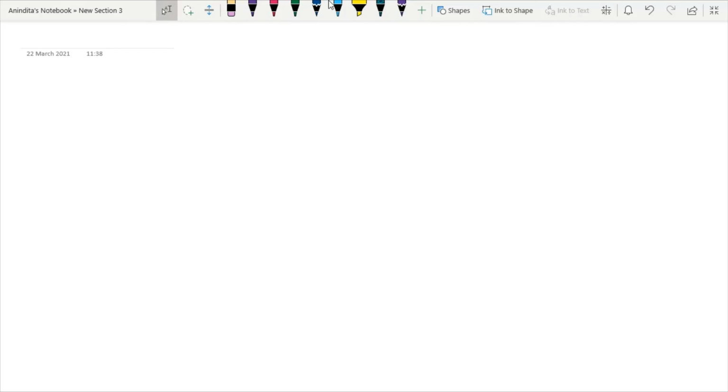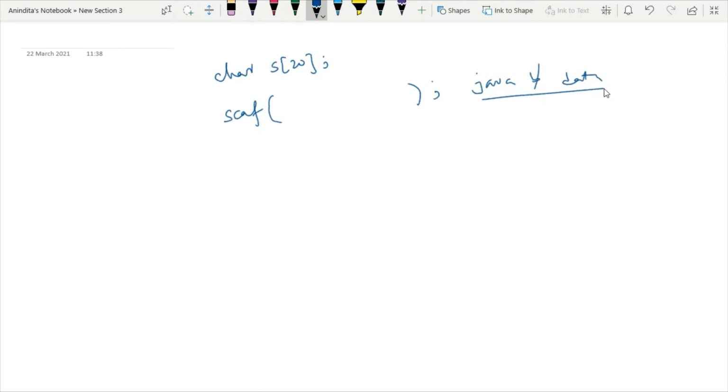So whenever we have, just look at this syntax. Whenever we have some character array, and we want to take input using scanf, the problem we know is that if my input contains a blank space, then it will not deal with the situation.